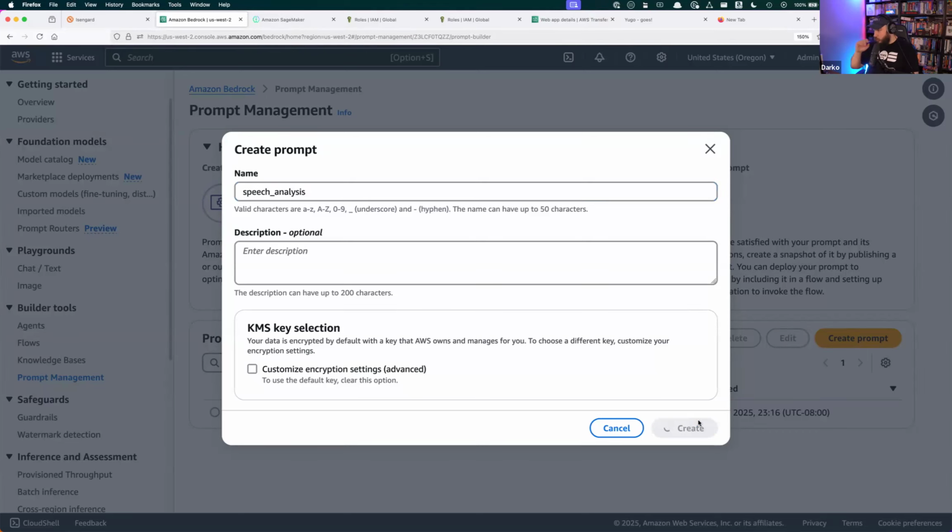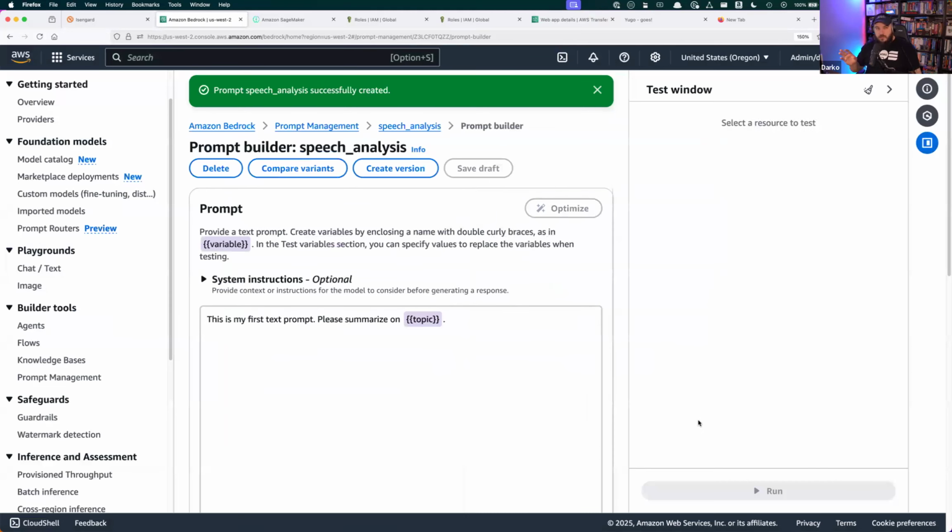This is a way for you to store prompts. This is a tip for all of you out there building applications that use generative AI: store your prompts centrally. It's easier to manage, and easier to control if you want to update them in the future, rather than hard coding them in your applications.